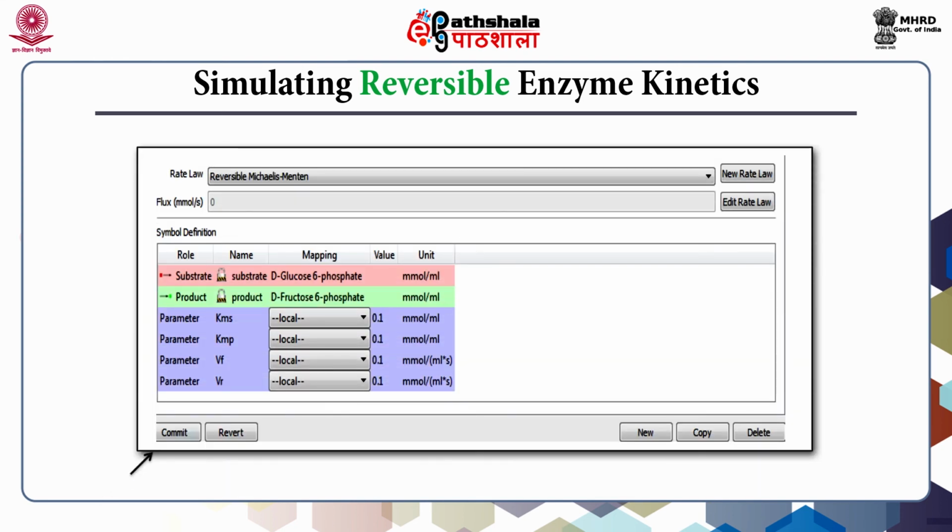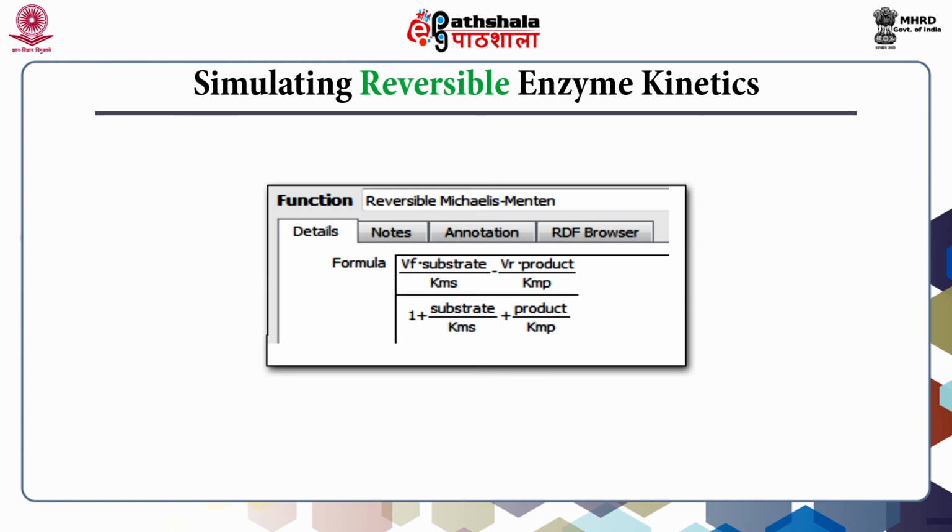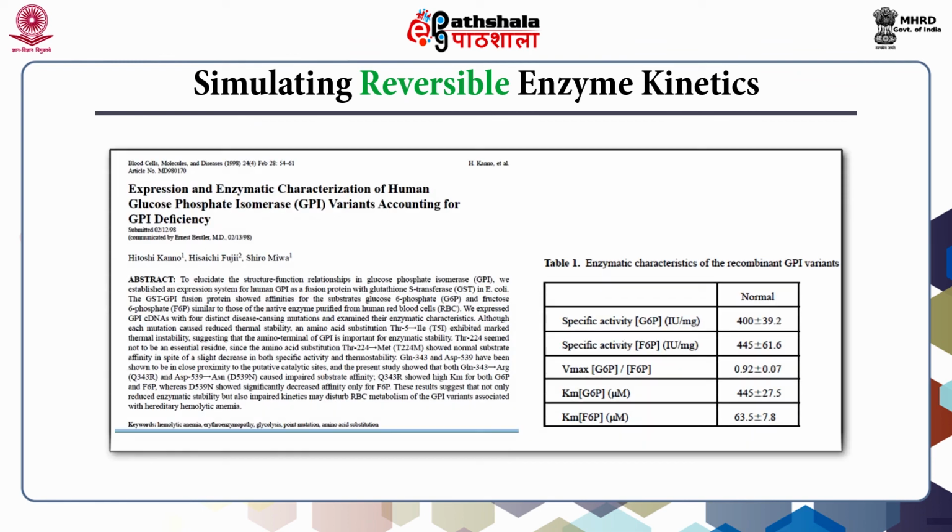Now click the commit button at the bottom of the working space. The mathematical formula for the reversible Michaelis-Menten can be seen now by clicking the edit rate law button. This will display the reversible Michaelis-Menten mathematical formula. The reversible Michaelis-Menten rate law is selected because the parameter values required for reversible Michaelis-Menten